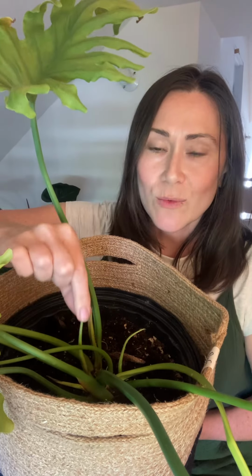Get it started, get a reboot, do that fresh water and put it in a spot where it's going to thrive, where it's possible that this plant can do its best. Set it up for success. And then what you are looking for is signs of new growth, which this plant is putting out. It's in its new spot. I know I'm on point with watering, and we see beautiful new growth coming in. And those leaves will be, we hope, a vibrant green with no browning, and that is the plant moving on